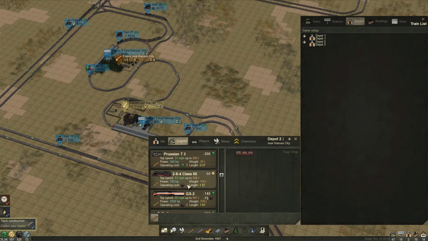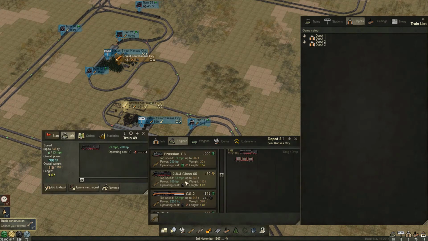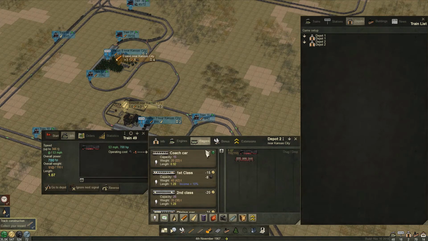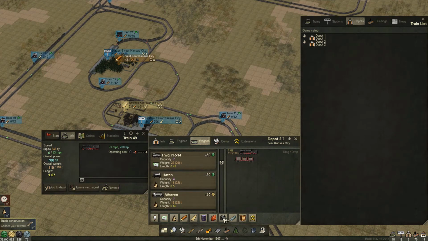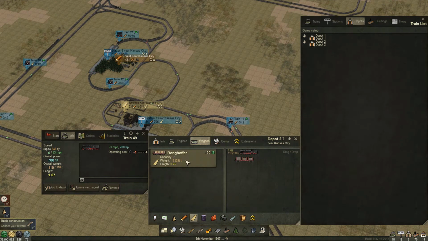So we got our... We'll do a couple of these again. I mean, we're looking okay for coal, so it looks like it's going down a little bit, but I don't know if that's because we're buying extensions and whatnot, so...